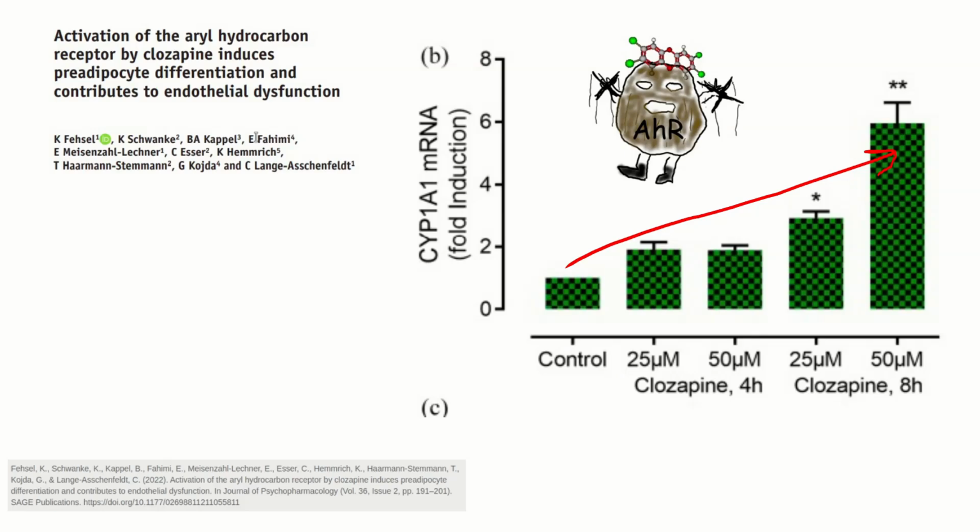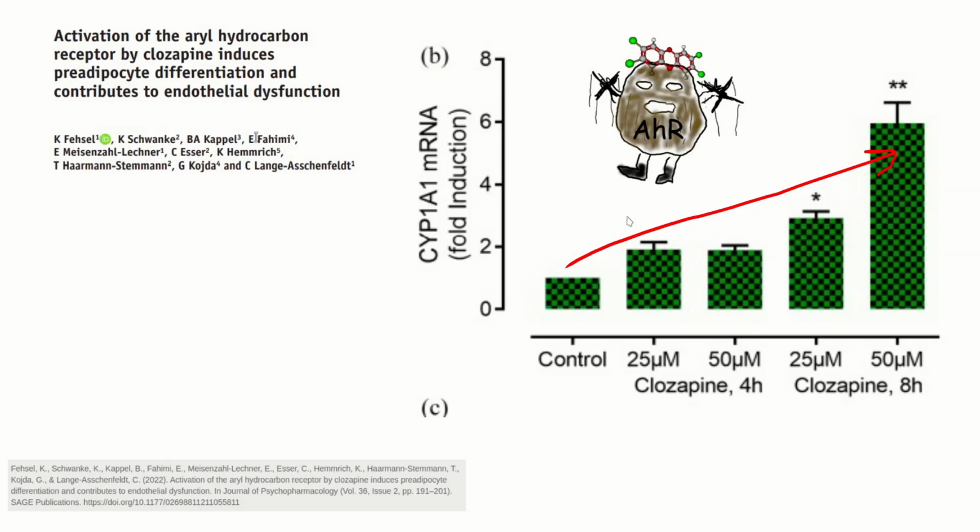And Clozapine has good effects towards helping with some of the symptoms of schizophrenia, but it's been known for a long time. This is an old drug. They don't even really know exactly how it works. But it's been known for a long time that Clozapine causes weight gain in a lot of people. And this is actually a 2022 paper. So this is very recent. And what they showed was that